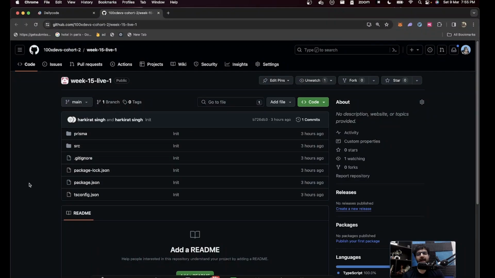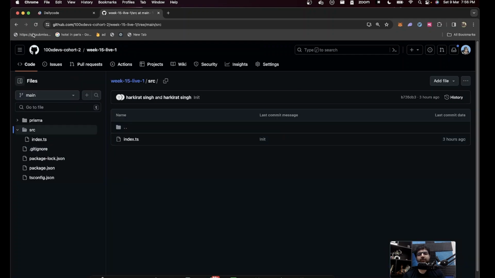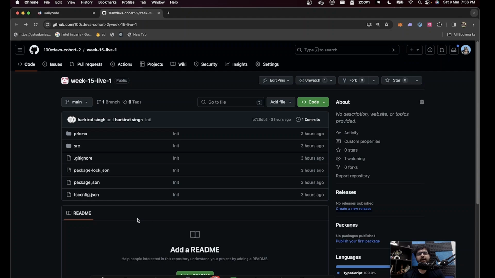We'll try to add a Docker file over here so that if someone else wants to start this project on their machine, they don't have to install Node.js. They don't have to go through any README. They will run a single command and it will start for them. For that, we need to create a Docker file for this code base. So let's quickly clone this code base locally.